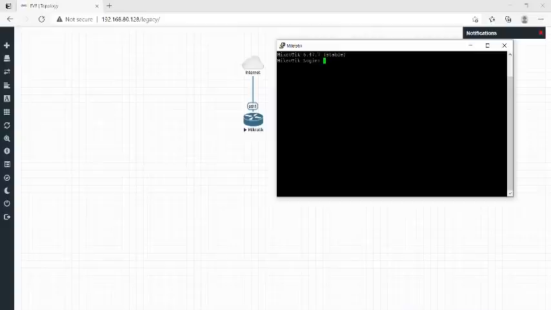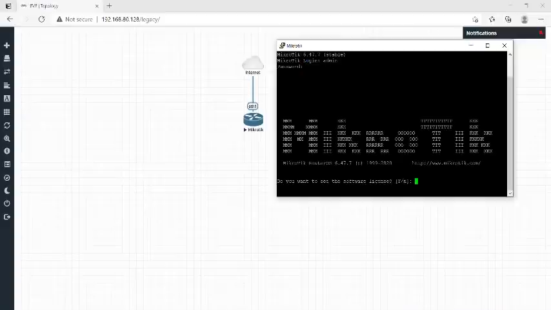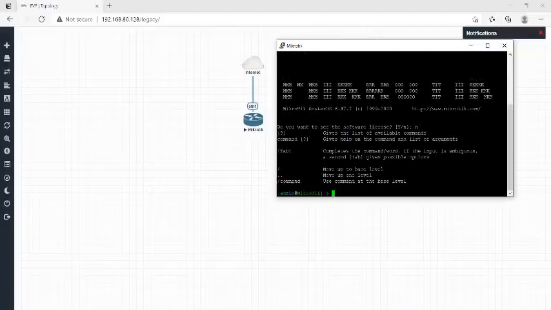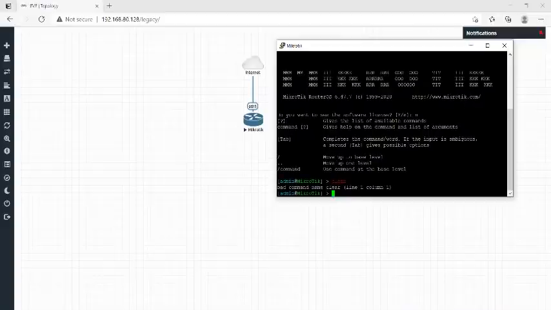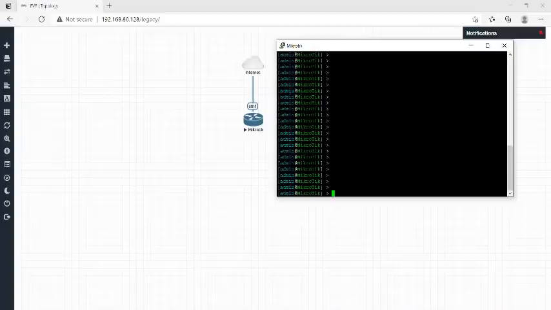Yes, it is powered. Here you have to type admin, and it is a newly flashed MikroTik, so it will start without password, so I'm not going to put any password. Just click the enter button, and you can see here it is showing the MikroTik version 6.47.7, and it is started successfully. Now it is asking you a simple question: do you want to see the software license? If you want to see, just type Y, or if you don't want, just type N here. No, so I am going to type N. I don't want to see. And here you can see that the MikroTik is started successfully.